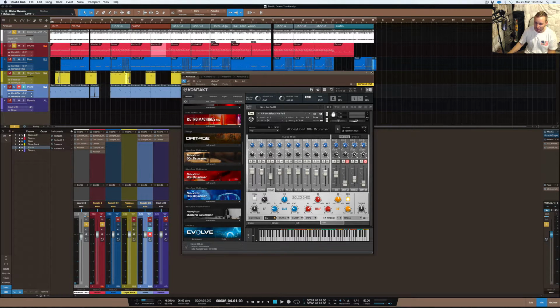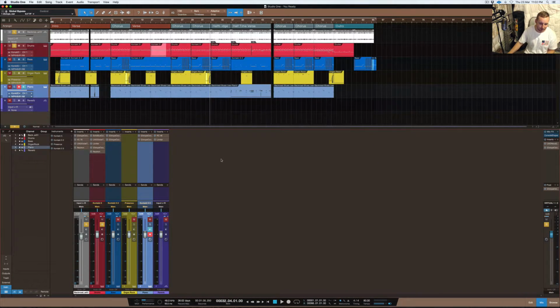You can just leave it in that plugin. So that's a drummer thing that I use there. If you want to know how I created these drums, that's how I did it. And they sound actually really good, because it sounds almost like a real drummer is actually playing the drums